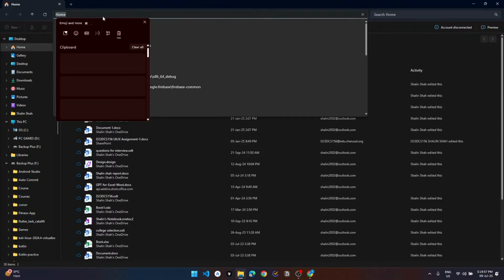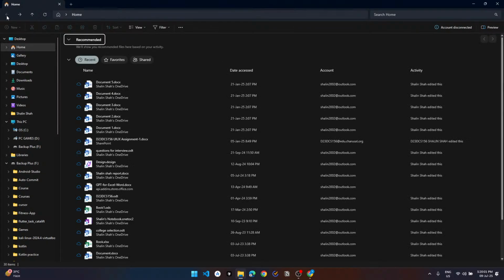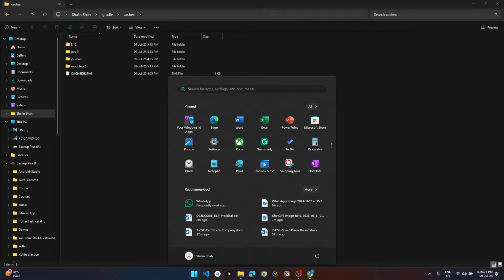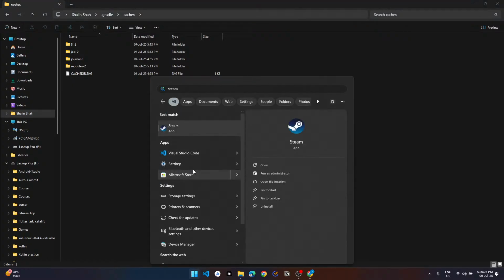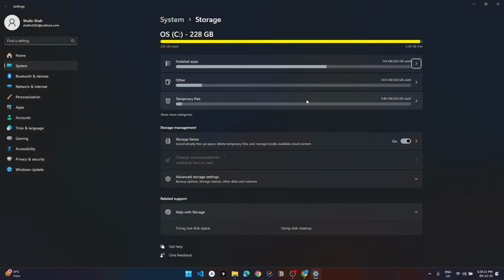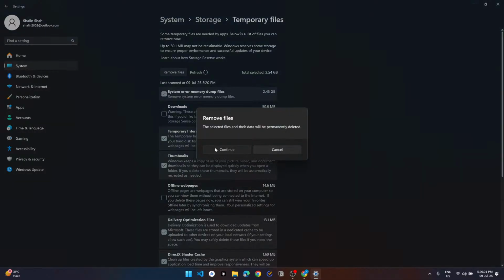Maybe the reason is Gradle. Yeah, that's the thing. Okay, let's check storage. Temporary files. We have temporary files, more than that. Okay, system error memory dump files. Remove those files.